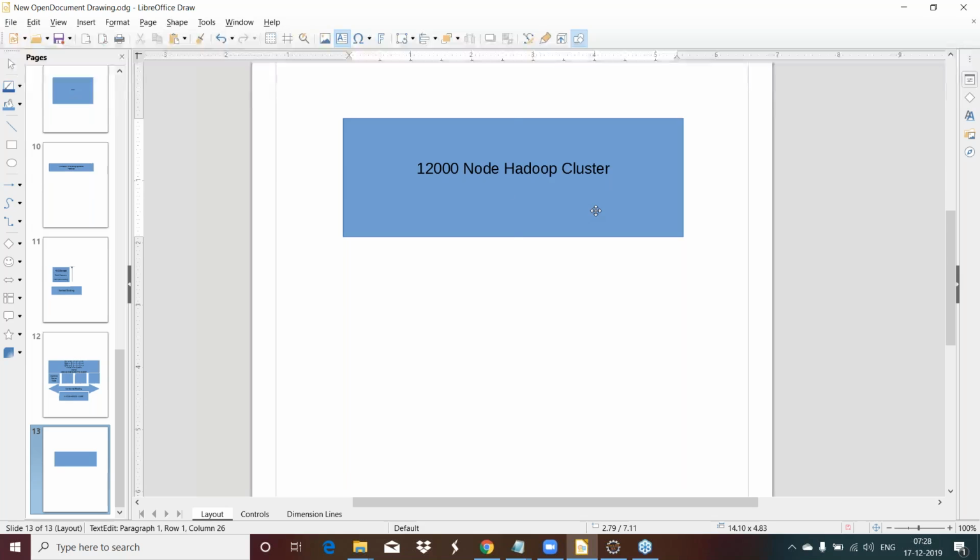Now, the capacity of one machine out of these 12,000 machines is something like this. It is going to be 40 terabytes of hard disk, 512 GB of RAM and 256 cores. This is the capacity of one machine. So the total capacity of your cluster would be multiplied by 12,000. That is what is going to be the capacity of my Hadoop cluster. Can I get a quick round of confirmation? This piece is very clear to everyone in the class, please.